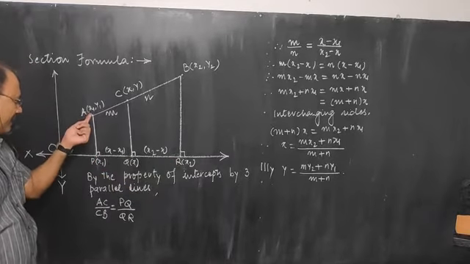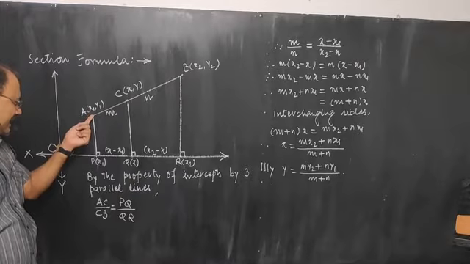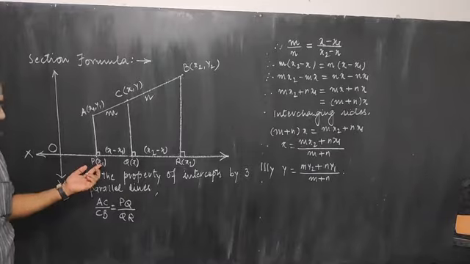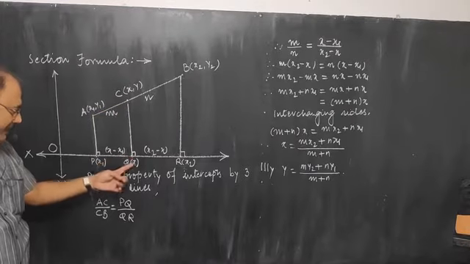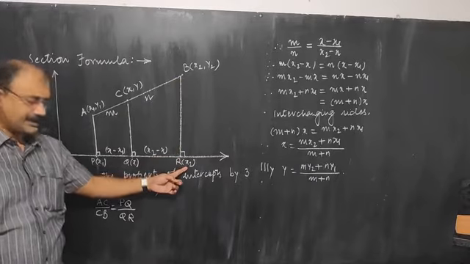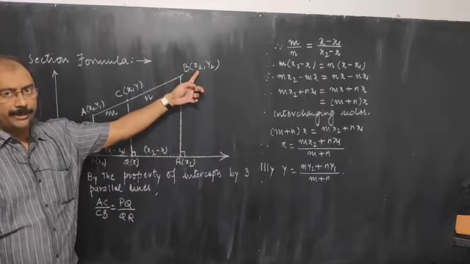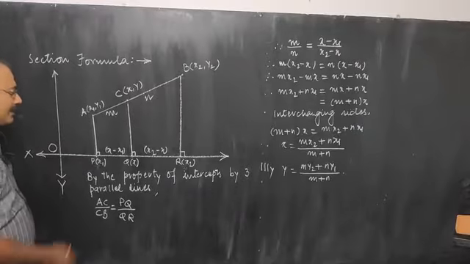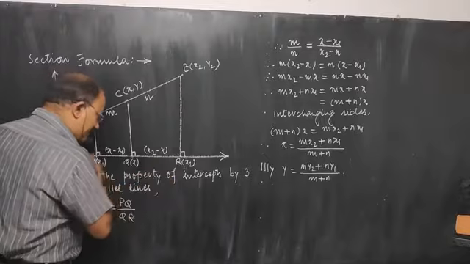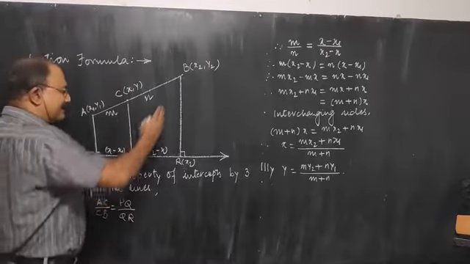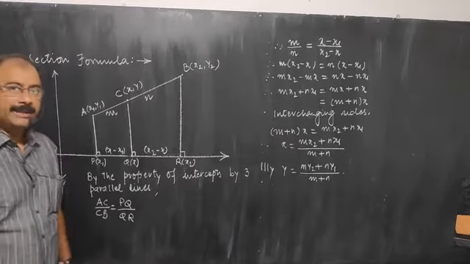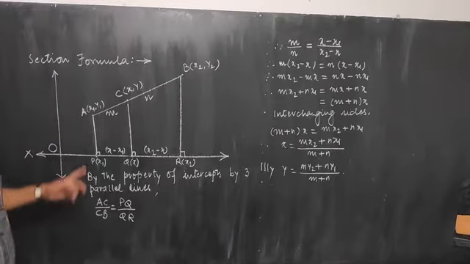Now if you drop perpendicular from point A whose x coordinate is x1, so here the number which you get will be x1, which I have written inside the bracket. From here if you drop the perpendicular, what you get is x. From here if you drop the perpendicular, what you get is x2, because the x coordinate of point B is x2. Now since these 3 lines are perpendicular to the x-axis, all these 3 lines are parallel to each other. Okay, and therefore we can apply the property of intercepts by 3 parallel lines.